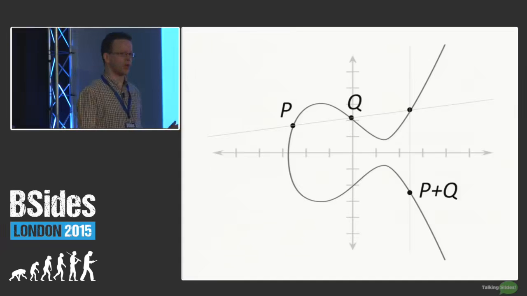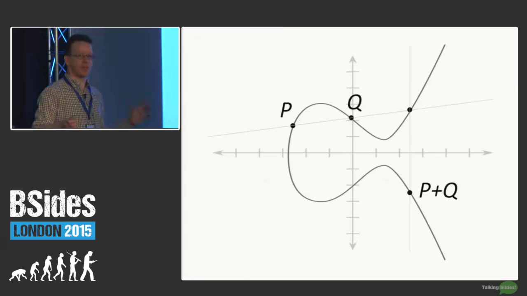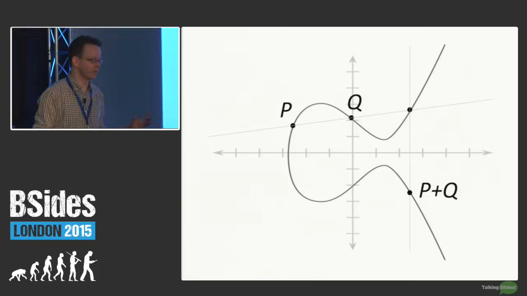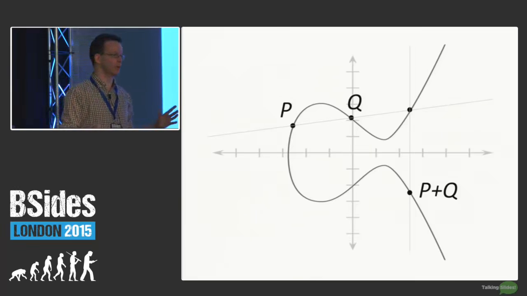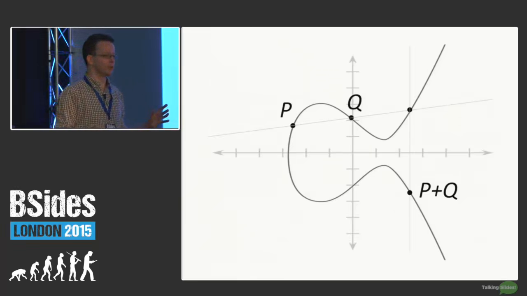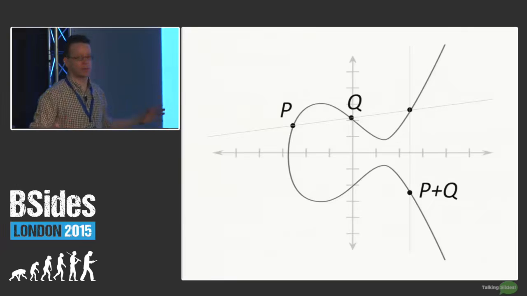I can't emphasize enough that this is not supposed to make any sense. This is just a definition: you define P plus Q this way. If you're studying mathematics and you learn about elliptic curves for the first time, which would make you a minority because within mathematics it is a bit of a niche subject, it wouldn't make sense either. There is a bigger theory behind this, but this is even more advanced math.